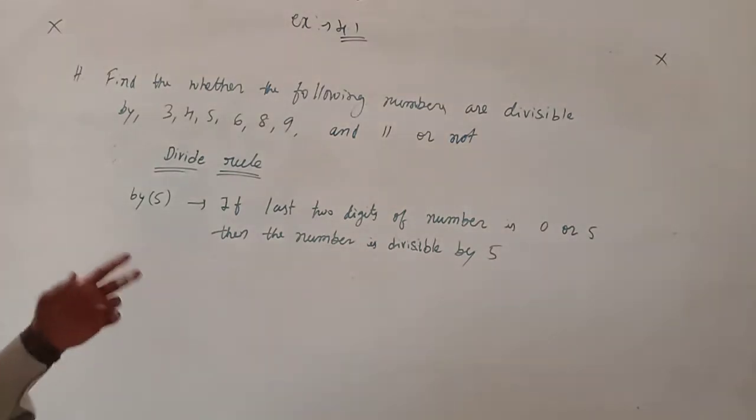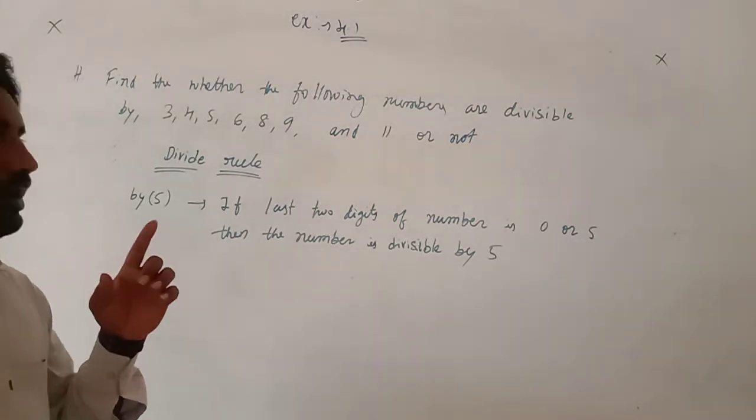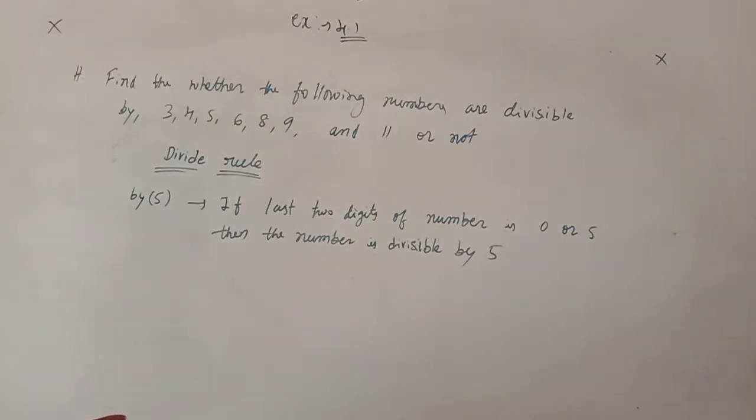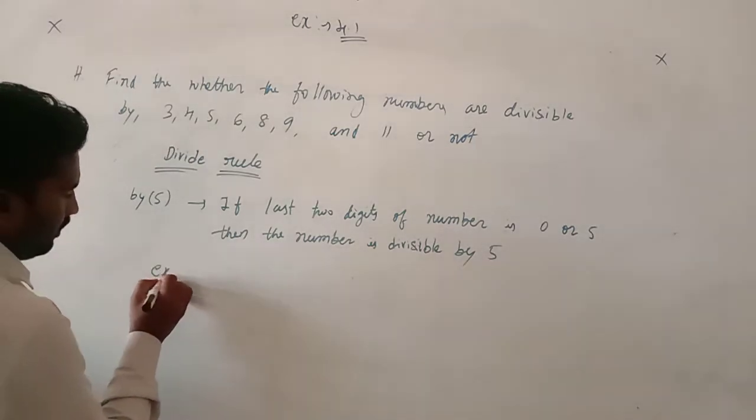So we have to see only the last digit: if the number has 0 or 5, that number should divide by 5. Example: